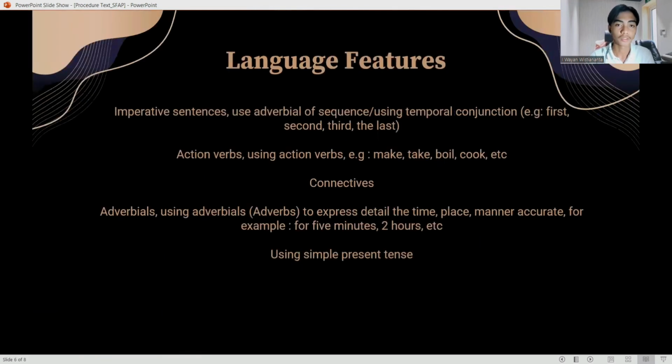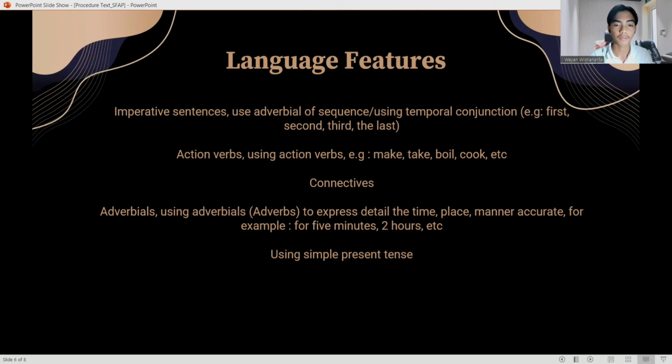And moving to the next part, the language features. Imperative sentences use adverbs of sequence or temporal conjunctions, for example, first, second, third, and last. Action verbs, for example, make, take, boil, cook, and so on.